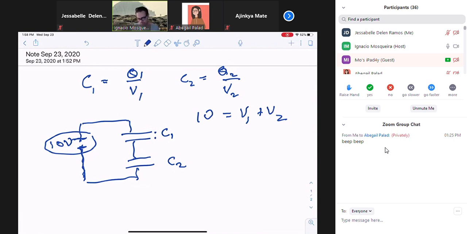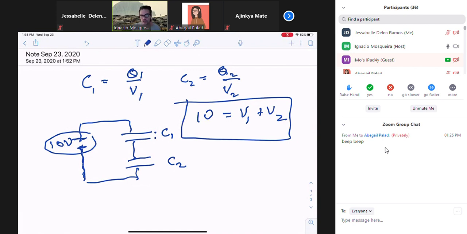Anyway, the loop rule tells us that when you go around the loop, the voltages must add up to 0. So one way to write that condition is to say 10 equals voltage 1 plus voltage 2. Great. Now, we have one equation that always works. When you go around the loop, you always can get an equation like this. Now, what we would like to know is